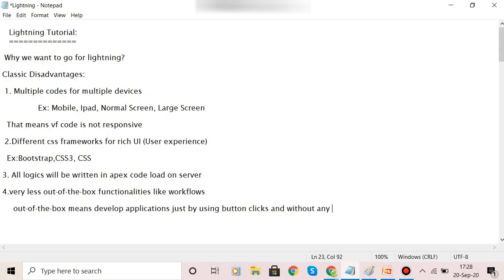Coming to examples: workflows, approval processes, reports and dashboards. These are all examples of less out of the box functionalities. It also mainly has features for linking Salesforce with Outlook.